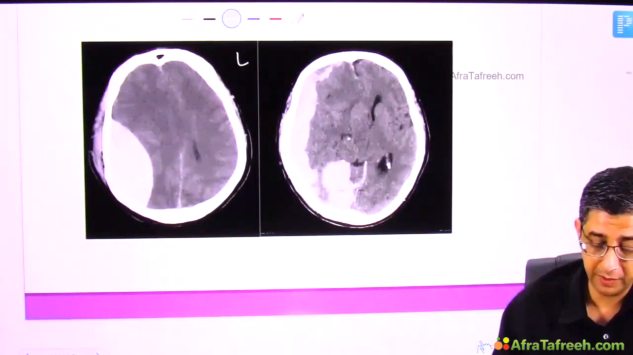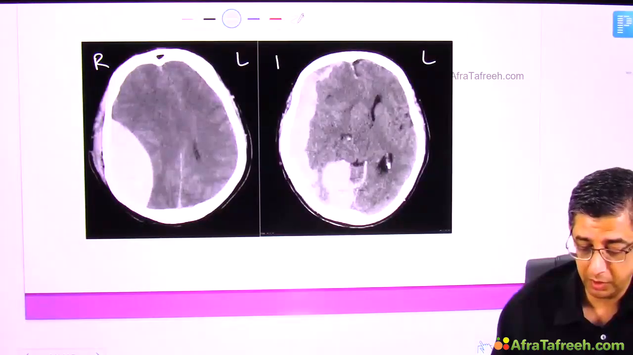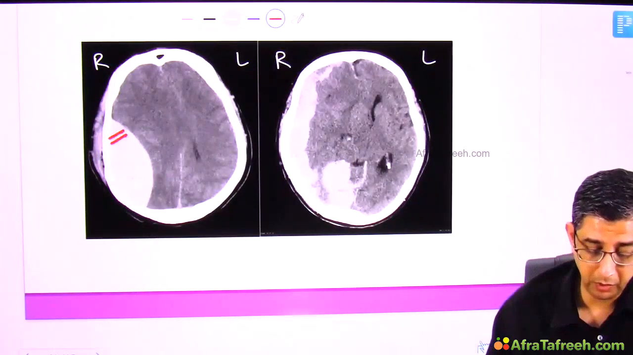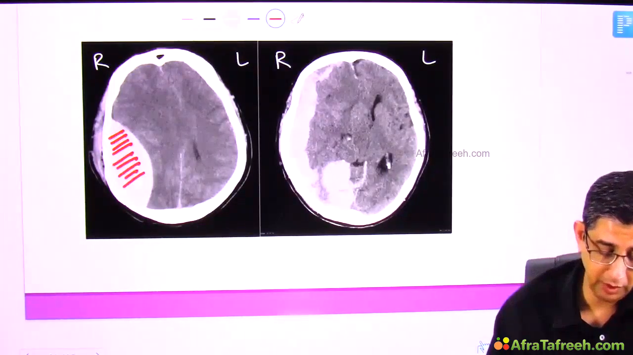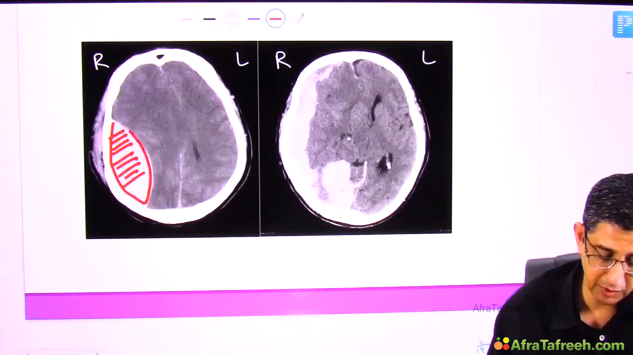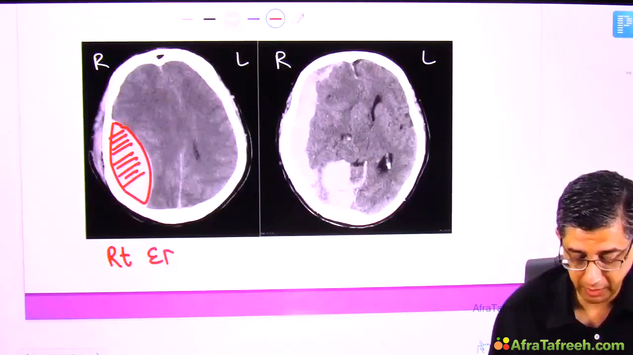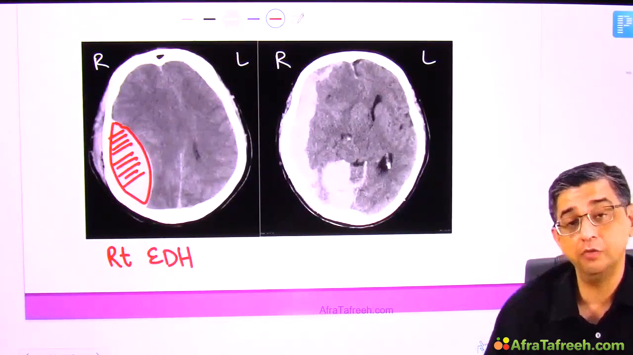I'll just put sides first so that we get the perspectives in the right way. You can notice a very peculiar biconvex bleed present. I can use the word lenticular hyperdensity present. So this image shown here is that of a right-sided extradural hemorrhage, whereas if you look at the